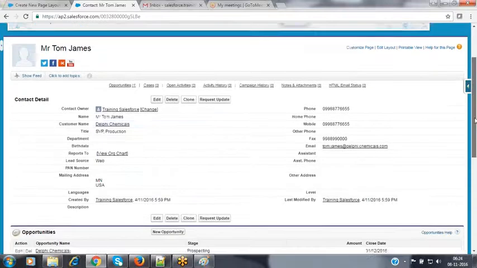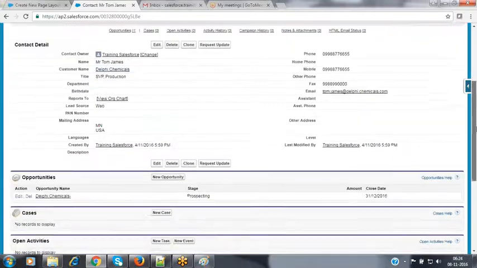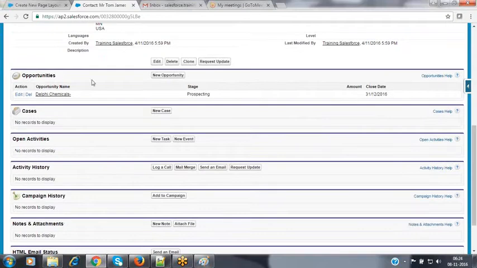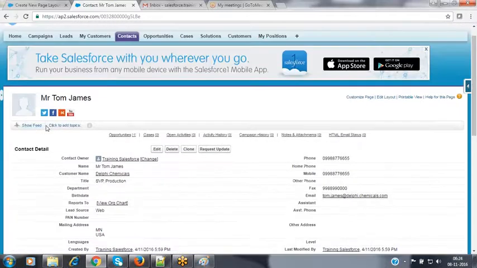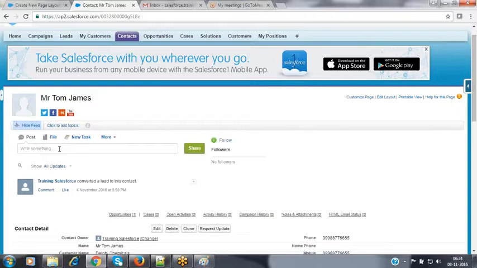In this contact record, you will have the details of the contact record, the associated related lists like opportunities, cases, open activities, activity history and everything. Along with that, you will have the Chatter feed also. When you click on show feed, the Chatter feed option becomes visible, where we can enter some information to post into that associated record.